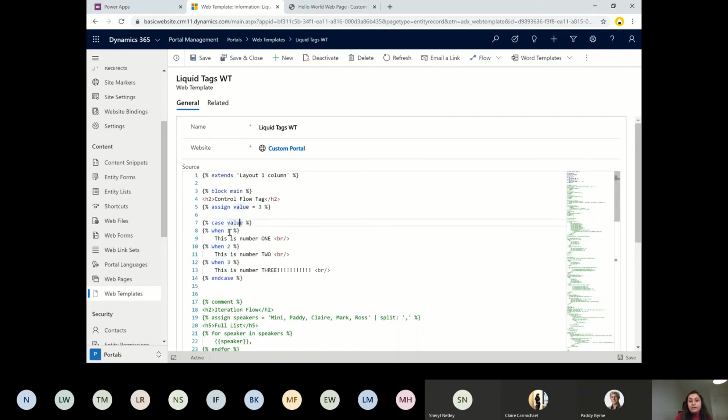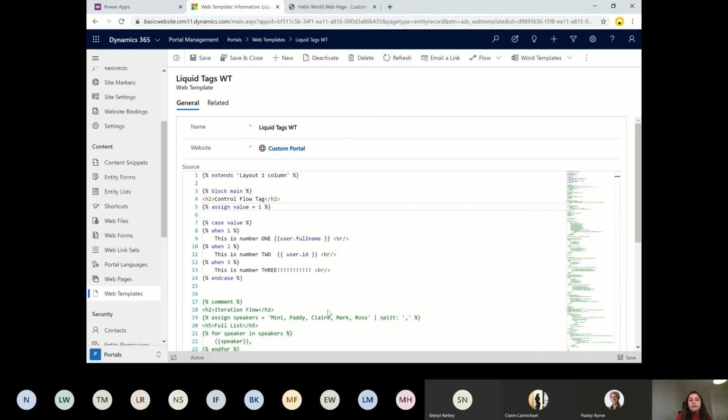When the value is 1, print this. If we have static text, we can print it even without using the curly braces, because we don't need them. With curly braces, we would like to print the particular value of a variable. We are definitely going to use double curly braces. For example, if I write double curly braces here and I would also like to print user dot full name, and let's say here we would also like to print user record ID. We can just print like that. And if this is number 3, we don't want to print anything, just this is number 3. So definitely as the value is 3, it's going to come to this particular case.